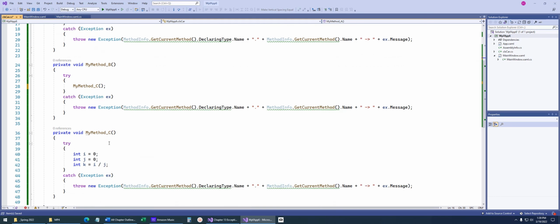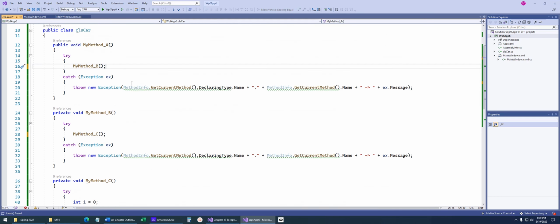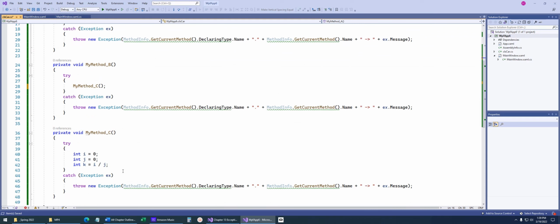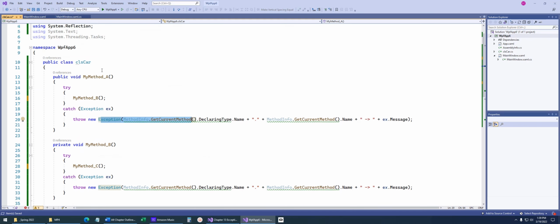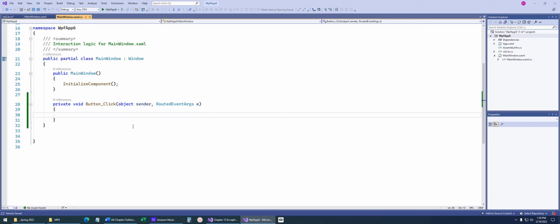So we've got method C that's called by method B, which is called by method A. When the exception happens here, it's going to raise that exception up through its ranks all the way up to this method A. So now let's actually use this class. We come back to our main window, and if I start typing CLS car, we can call it my car equals a new car, and then we can say my car dot